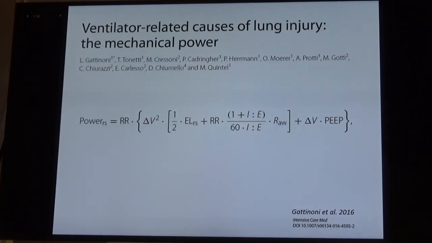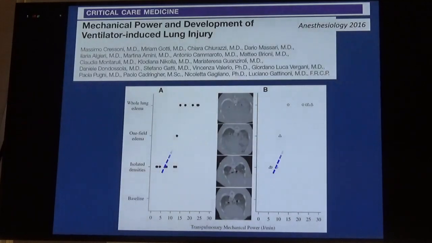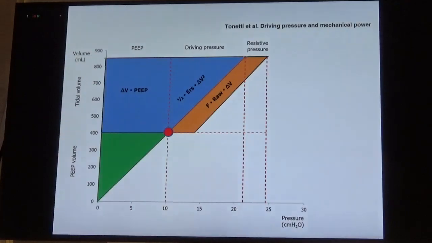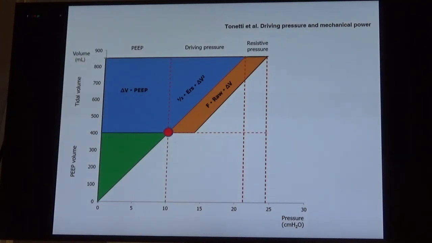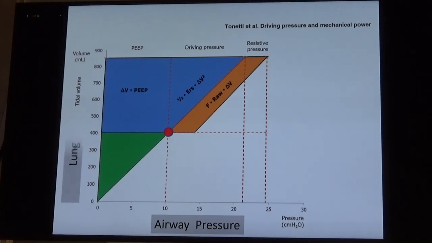Okay, then we have this concept of power proposed by Luciano. And basically, the power concept is based on this mathematical formulation that the whole energy that you apply to the lung in one respiratory cycle is defined by the pressure-volume area. Airway pressure, volume, and then this whole area would be related to the energy that the ventilator,